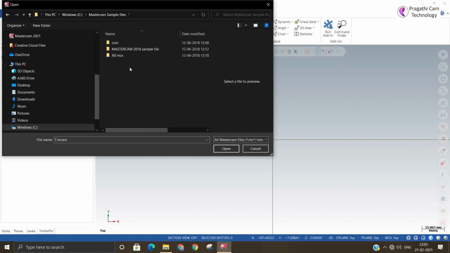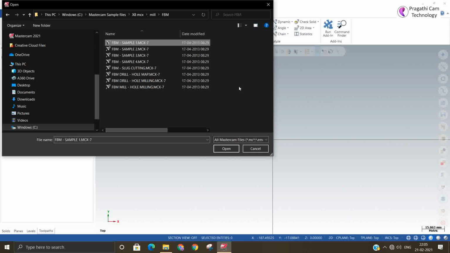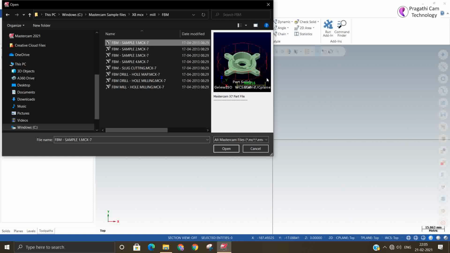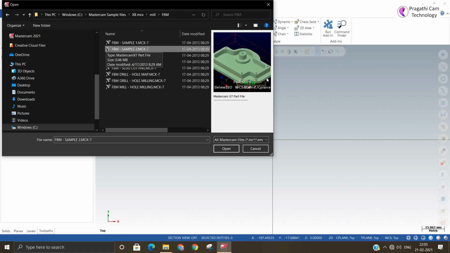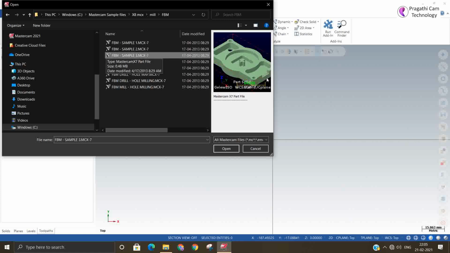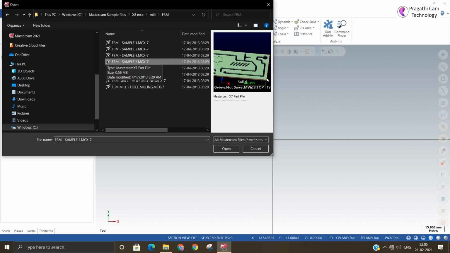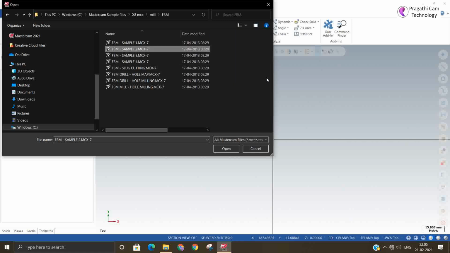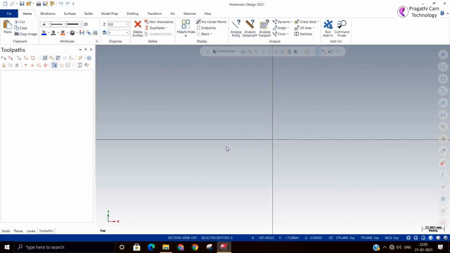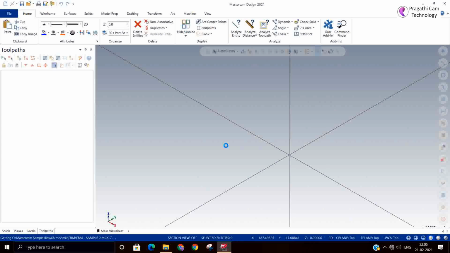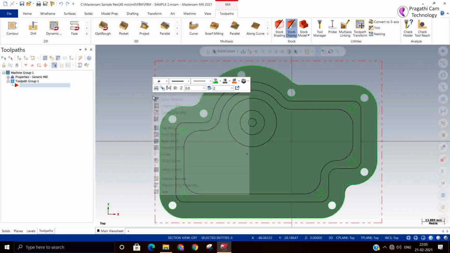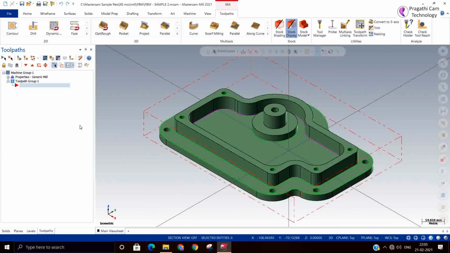Okay, so I'll go. I'll select this. Okay, this I'll select. So make it isometric. This is a solid model and already stock is defined.